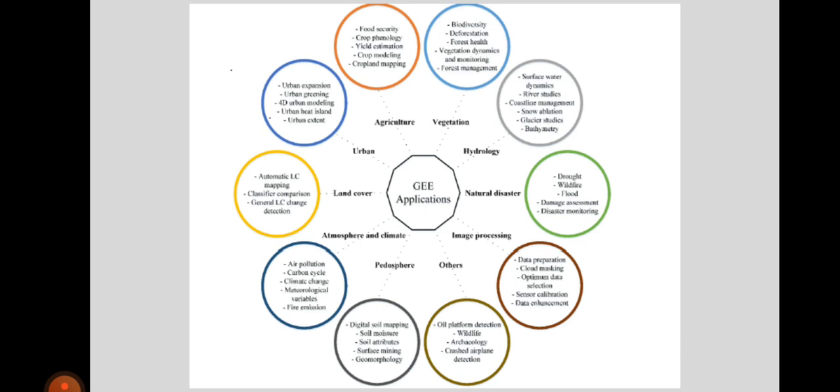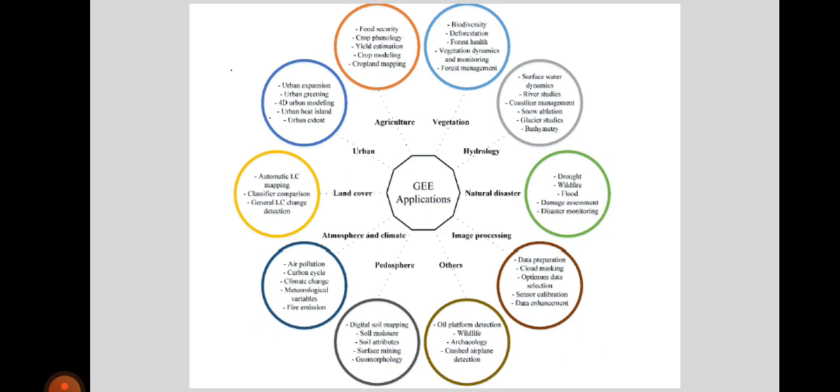Coming to vegetation, vegetation can be considered one of the most vital components of the Earth biosphere, and it is important in many biochemical cycles, and for global vegetation pattern and climatic studies. Vegetation applications include biodiversity, deforestation, forest health, vegetation dynamics, and monitoring forest management.